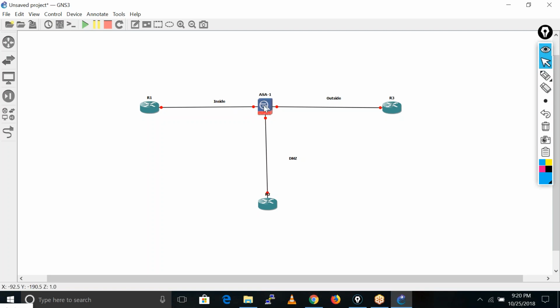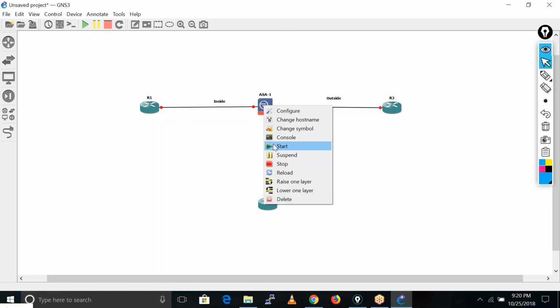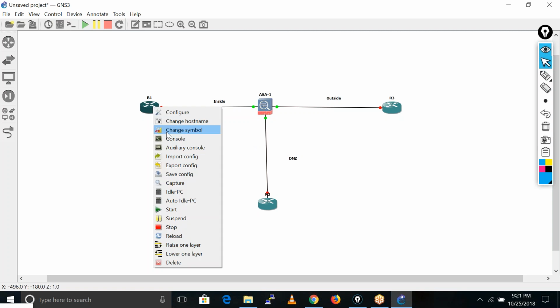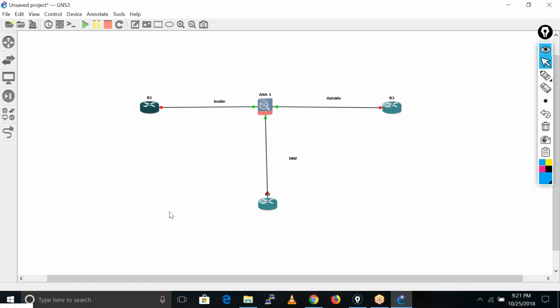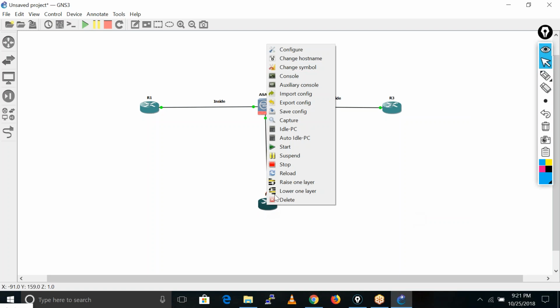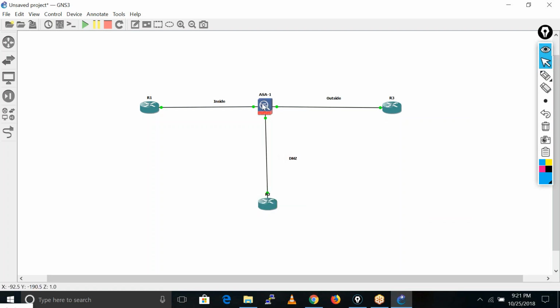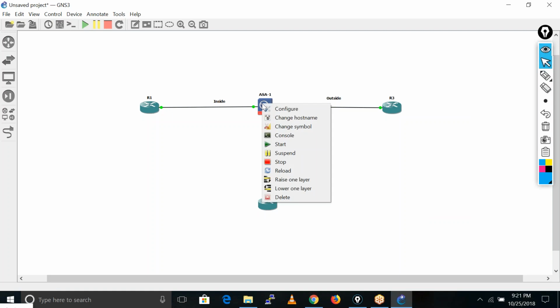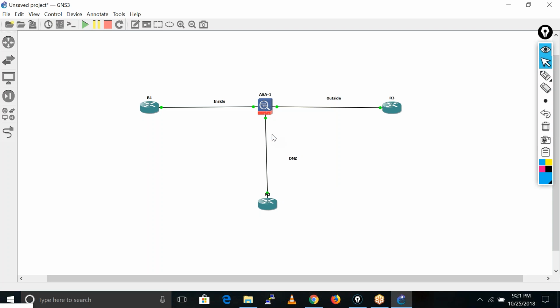So now you just start all the devices. Start. This one also you can start. Double click and click on Console here.